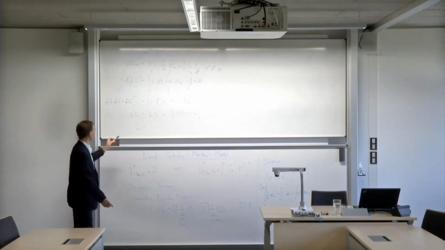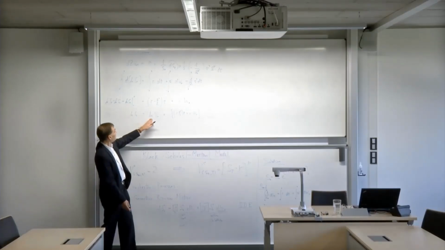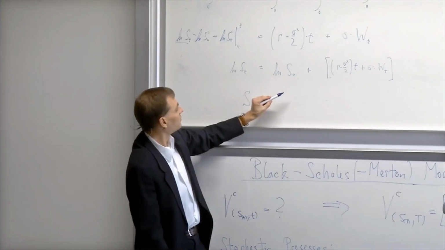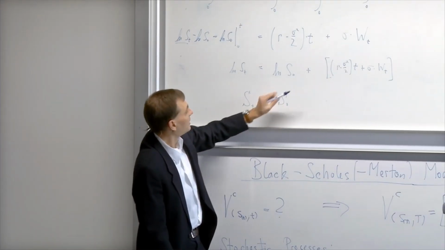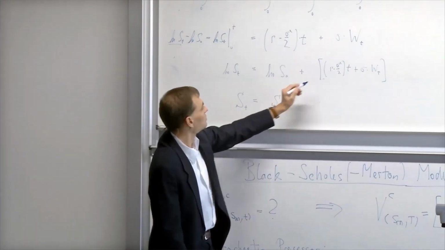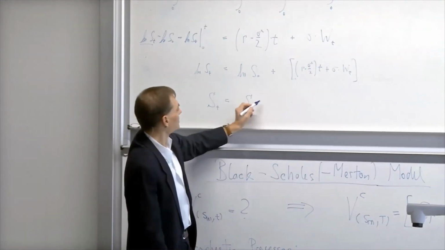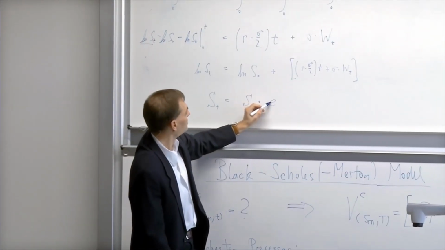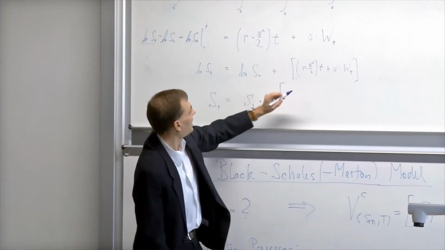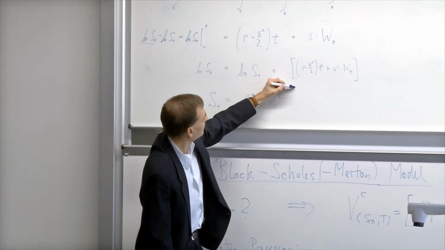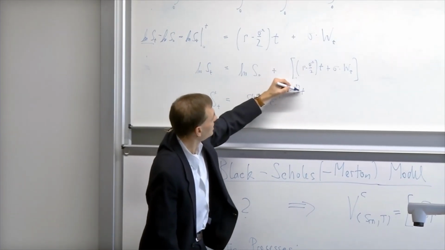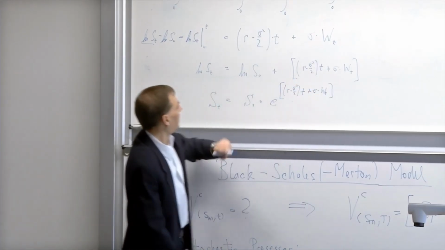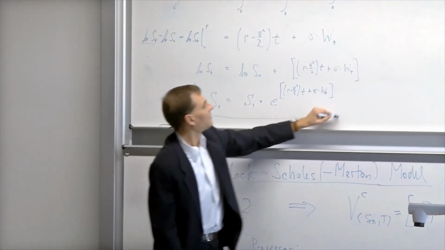Using the exponential function gives me just here the exponent of ln S0, which gives me the stock price at 0, and then this plus turns into the exponential of this, and the plus is then the multiplication. And in the exponent of the exponential, I have this term, r minus sigma squared over 2 times t plus sigma times Wt. And this is the solution